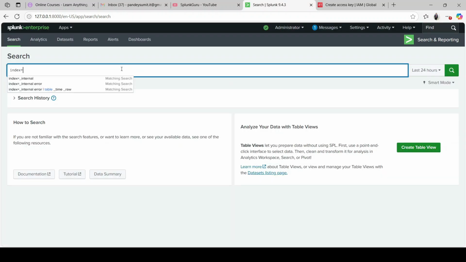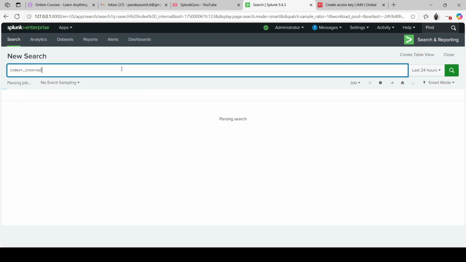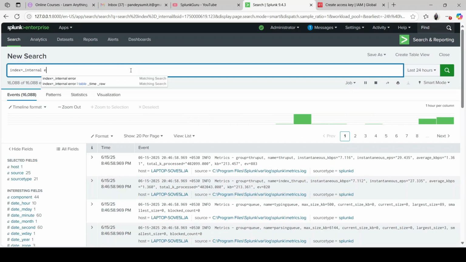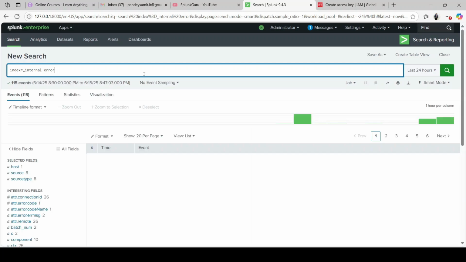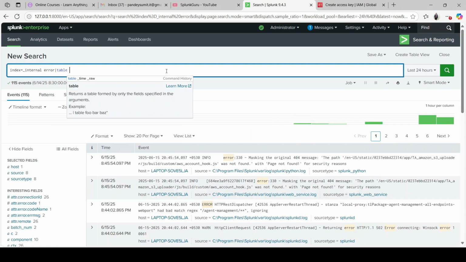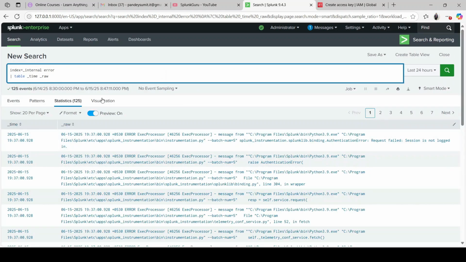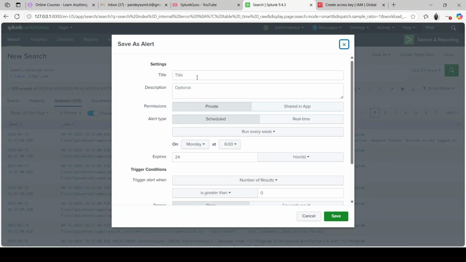For example, let's check on the internal logs only. Let's try to grab the error keyword and let's pick the time and the event which has the keyword error. So let's try to save it as an alert. In Splunk, we'll give it a name like Splunk alert push testing to